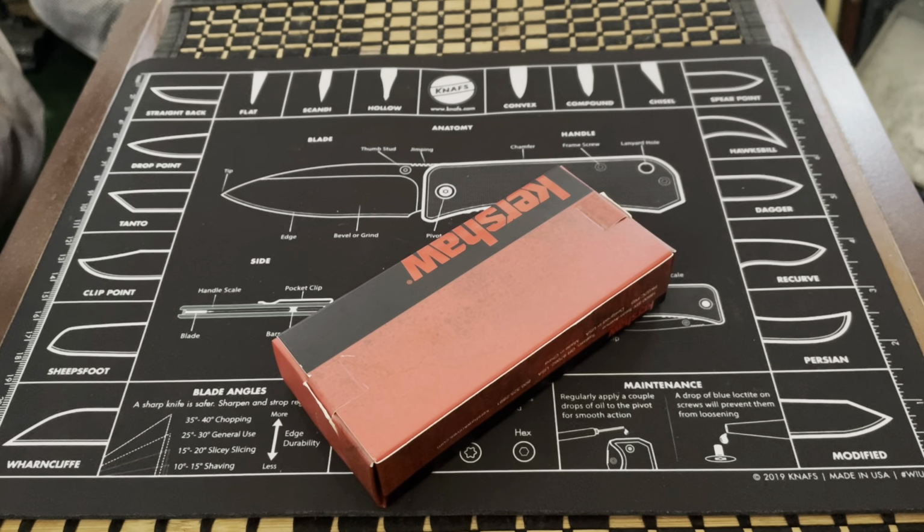Cleaver? Yeah, I got that right. Cleaver. I'm not a huge fan of cleaver knives. I think they look great, but I gotta be honest with you, not really my style. I do have a few in my collection, but I don't really carry them. I like the look of them. I like collecting them. Okay, I have carried them, but I'm not too impressed, and they don't really hit my pocket all that great,